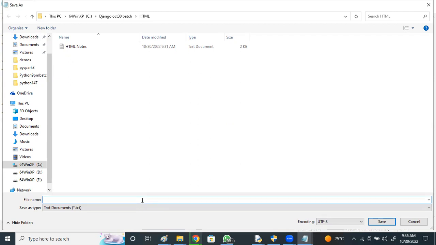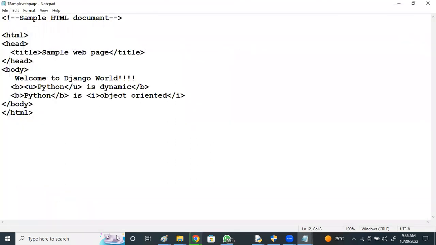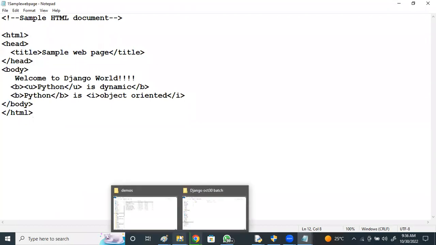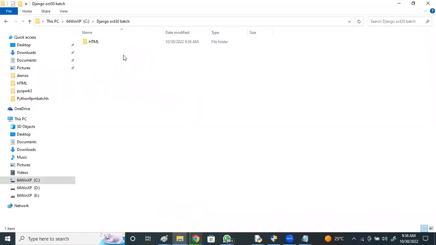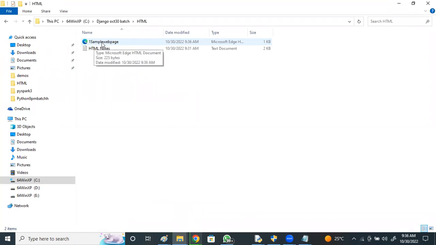Next, I'm saving it as sample web page dot html. Yes, I'm giving it as sample web page dot html. Now go and check that HTML file. Double click it now. You got it in web page format. .html means you can just double click it or